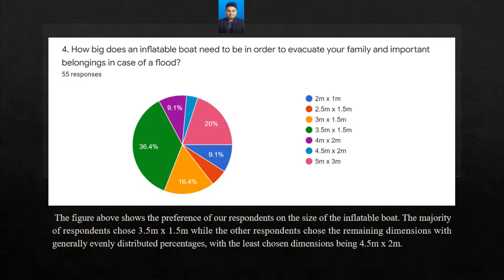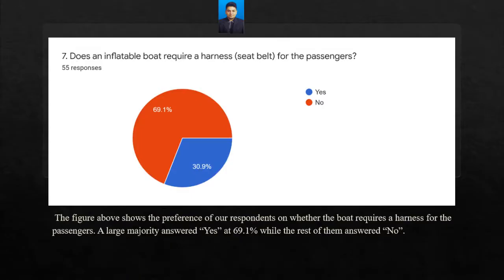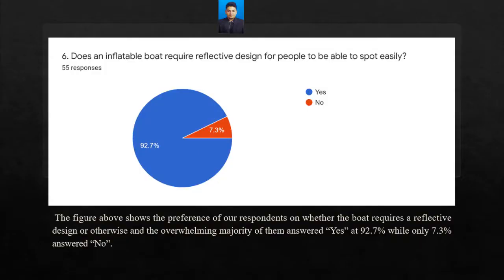the majority of our respondents chose the dimensions of our inflatable boat to be about 3.5 meters by 1.5 meters. This figure shows that the majority of our respondents said the inflatable boat needs to carry 6 people. This figure shows the majority of our respondents said that we don't need a harness or a seatbelt for the inflatable boat. This figure shows that the overwhelming majority of our respondents said we need to implement a reflective design